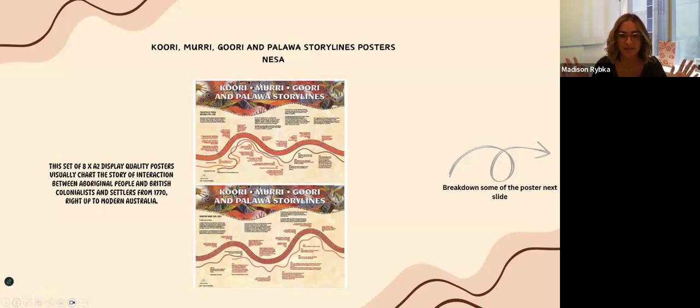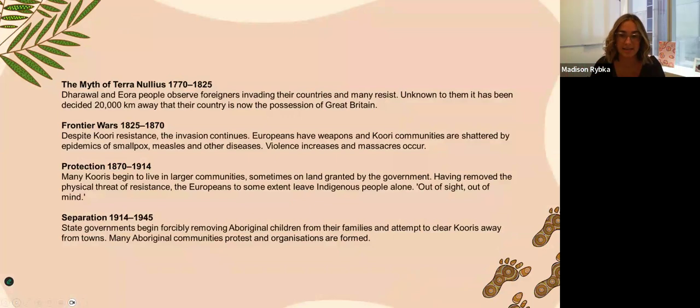Stick them up. It looks like a rainbow serpent weaving through, and it tells different times and events in Australia. So I think that's also, hint, hint, if you're struggling a little bit, another great resource to use. You can connect that to any learning outcome or just having something visible within your classroom. So I have taken little snippets from the posters just to break down what you may see.